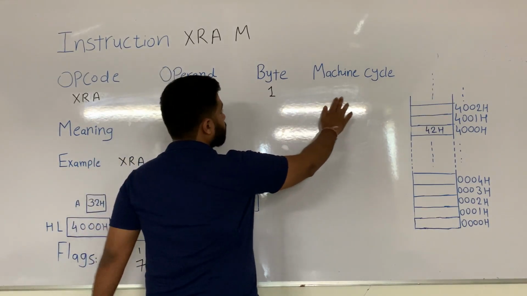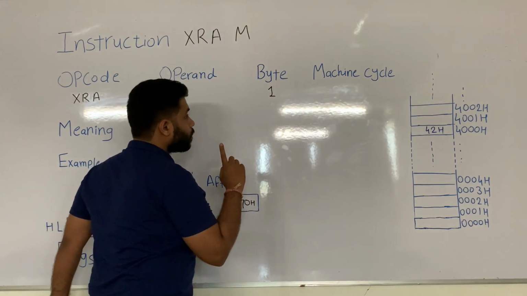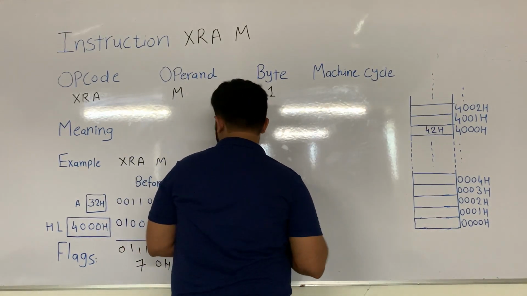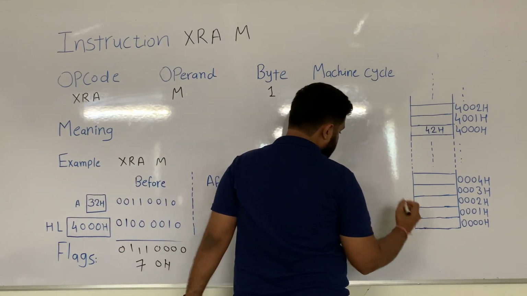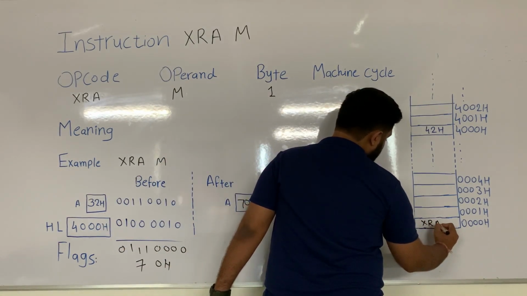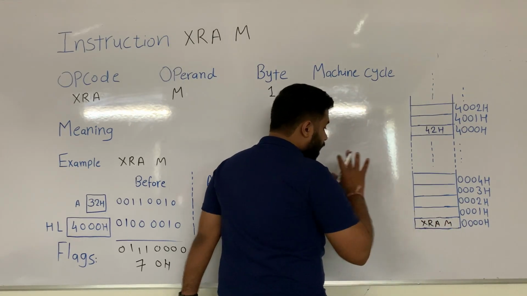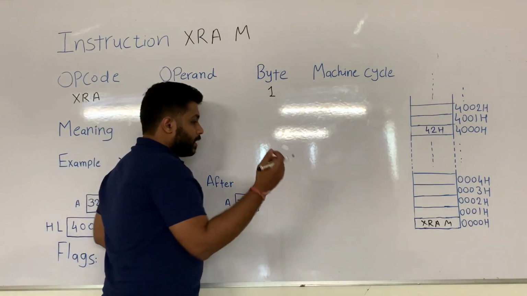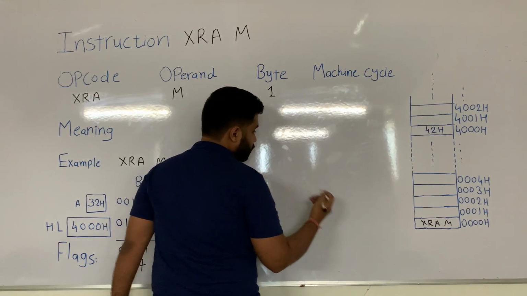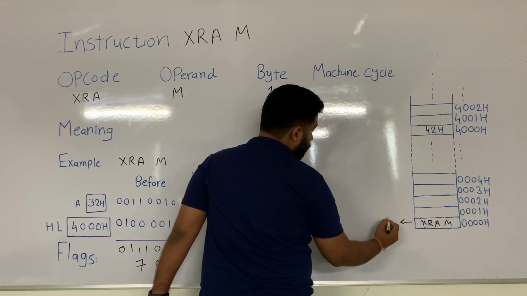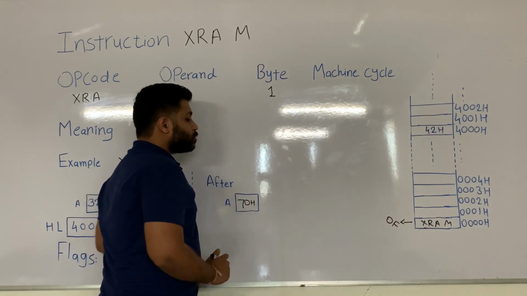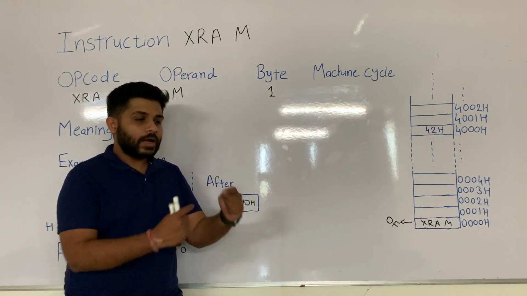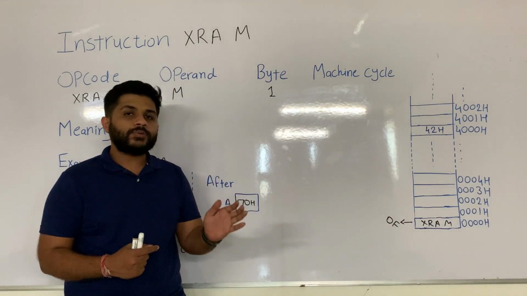Now let's discuss the machine cycle. Because this instruction is of only 1 byte, when we give this instruction to the memory, it will occupy only one memory location. For example, we are giving the XRA M instruction, so in the memory it will occupy only one memory location. After this instruction is stored, the processor will start doing its task. In the first step, the processor will fetch the instruction. To do so, it will use the opcode fetch machine cycle. When the microprocessor performs opcode fetch, this whole instruction will be transferred to the microprocessor. After that, the processor will decode, and after that, it will execute.